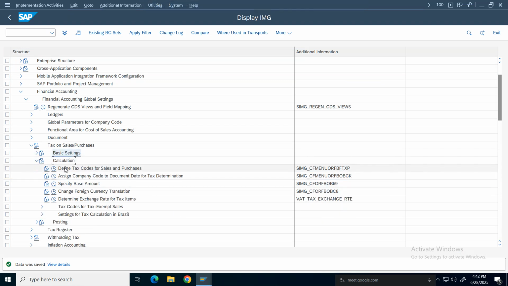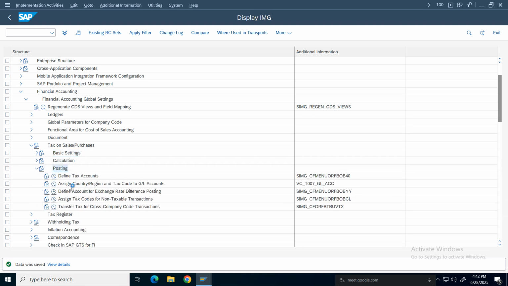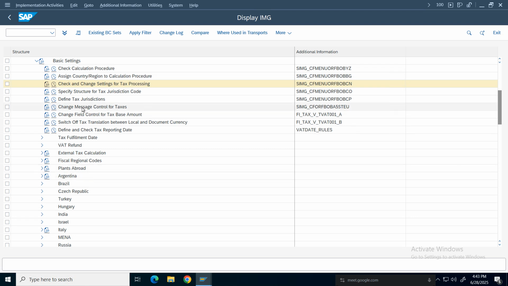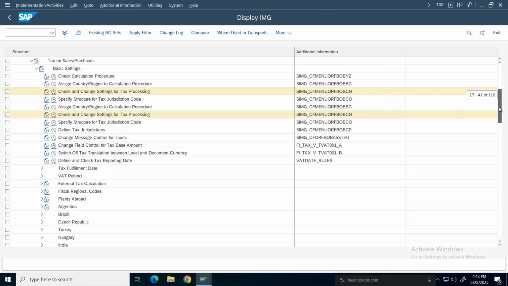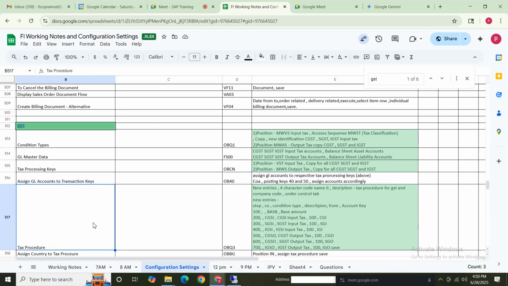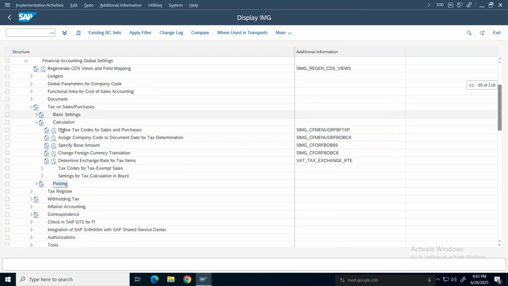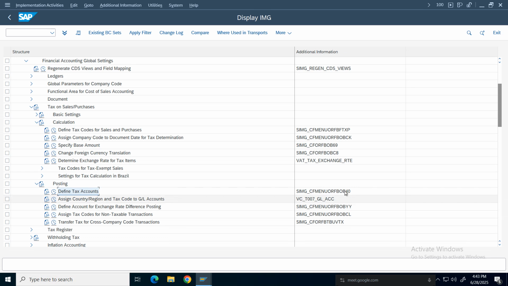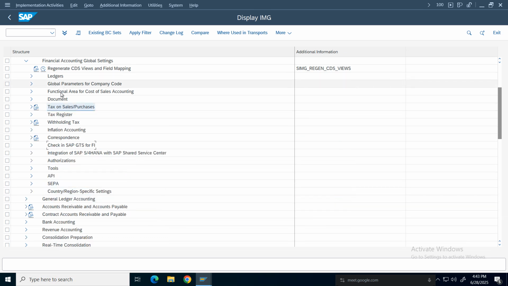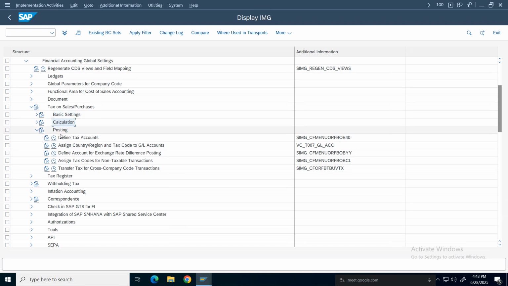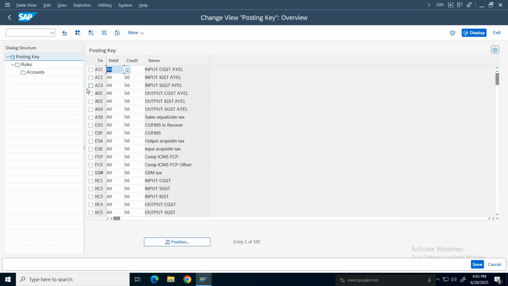So basic settings is completed. For posting, what is the T code? T code is OB40. I'm just checking for the posting here. So OB40, under tax and sales and procedure. So under that posting, we have basic settings, calculation, and posting. Three categories are there. So under posting, we need to assign the tax accounts here, OB40. So here what we need to do,